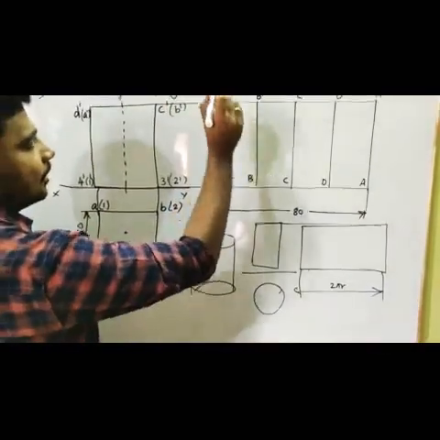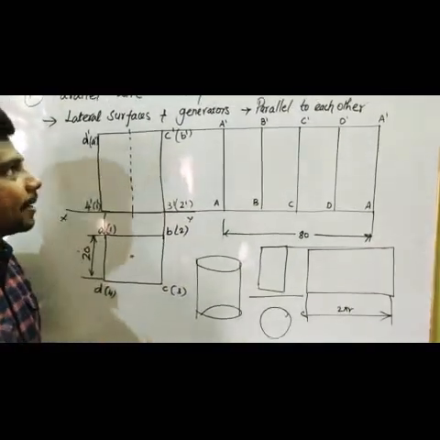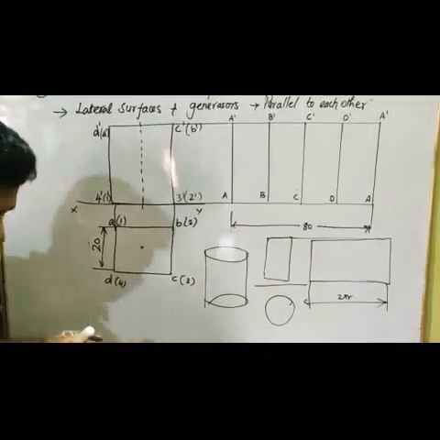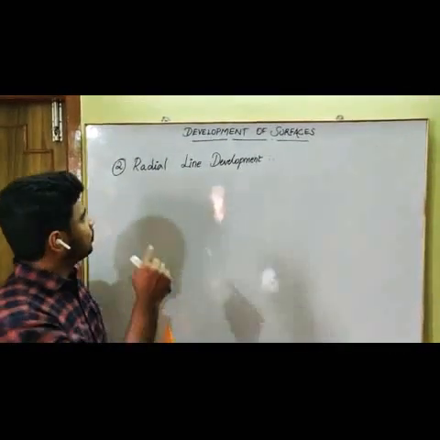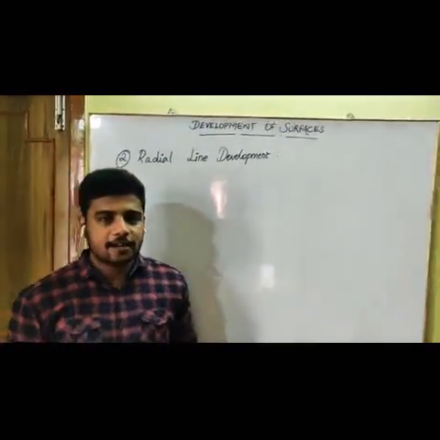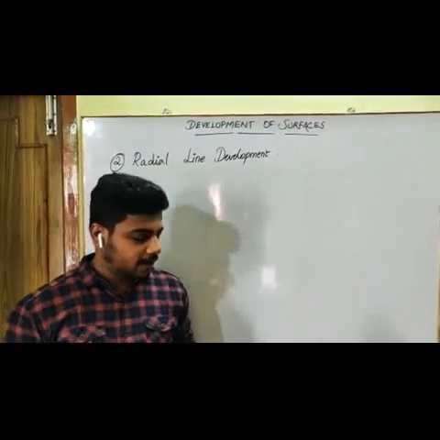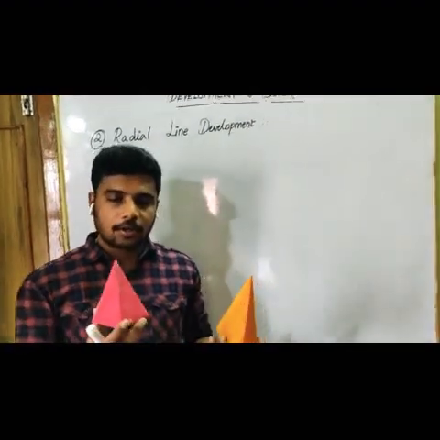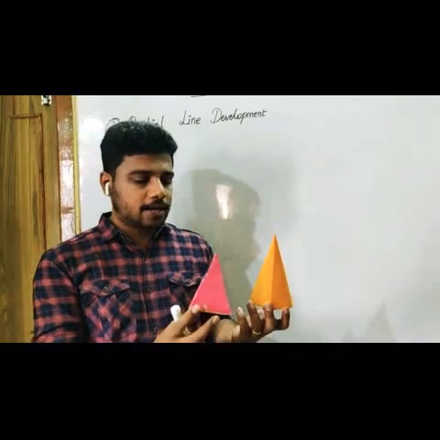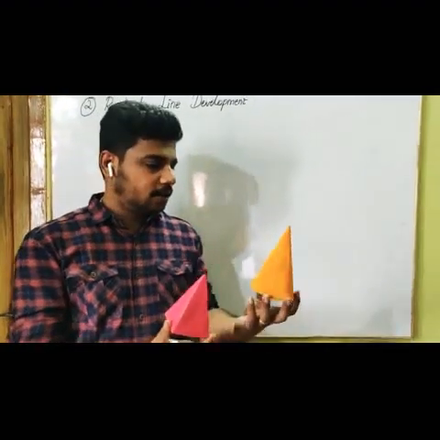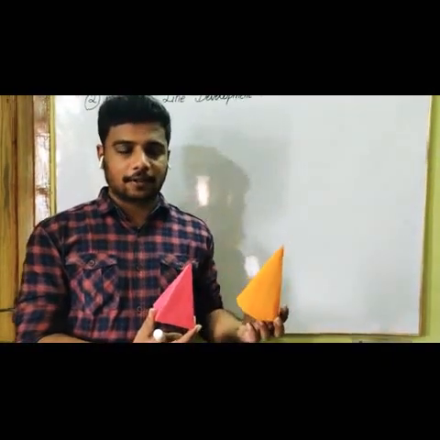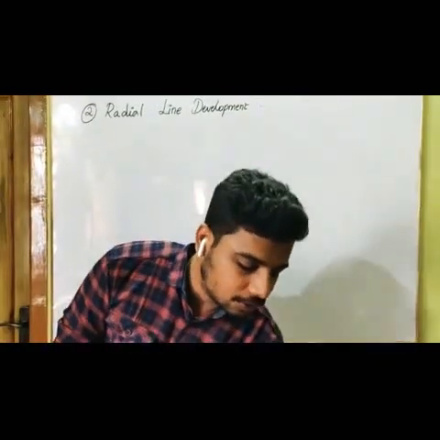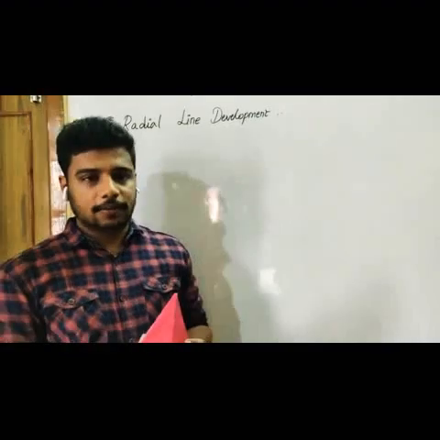So that is called a generator. So this is called parallel line development. Right. So the next one is your radial line development. For this radial line development, I told you already before, we are going to take two categories, that is your pyramid category and one more is your cone, right? So this comes under solids of revolution, right? So what you are going to do in radial line development.